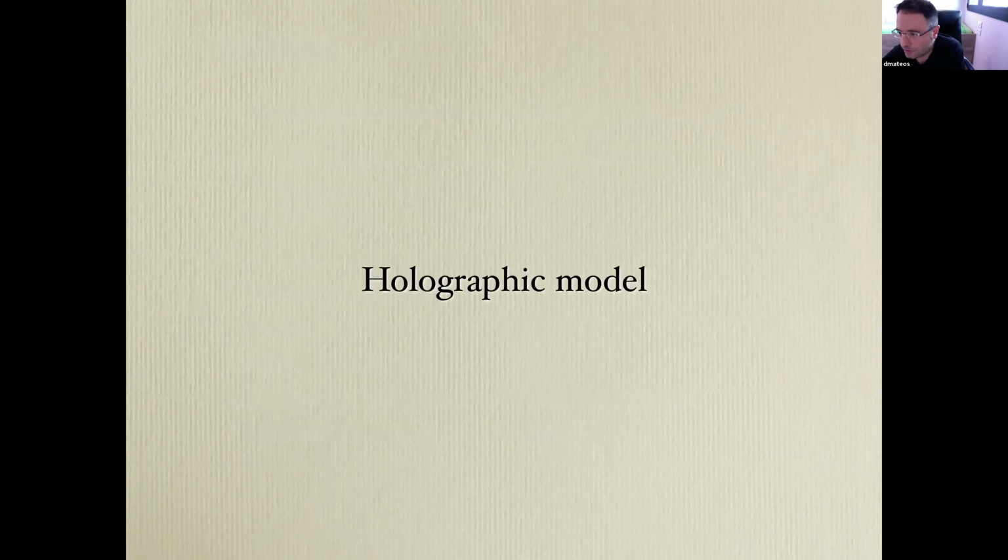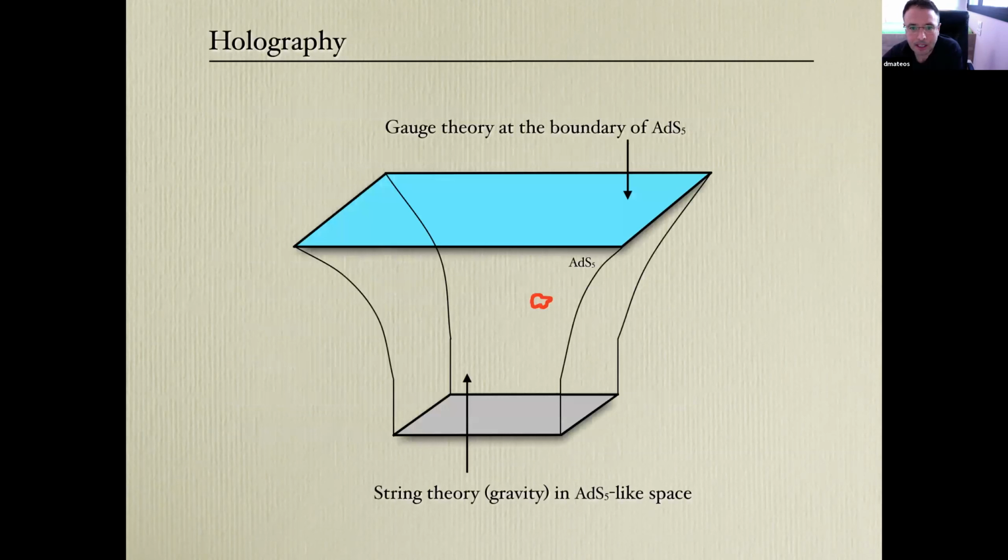So let me talk about holography and the model that I'm going to be using. In a slide, holography is the statement that there's an exact equivalence between some, let's say, four-dimensional non-Abelian gauge theory, living in Minkowski spacetime in 4 dimensions, and string theory in some 5-dimensional spacetime, which is asymptotically anti-de Sitter 5. And you can think of the boundary of anti-de Sitter 5 as Minkowski space, where the quantum field theory resides. And of course, you all know that string theory in some limit reduces to gravity, in fact, to classical gravity, and that's the limit that I'm going to be working in.